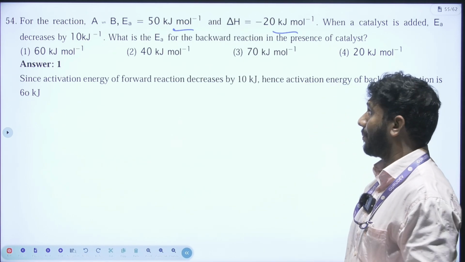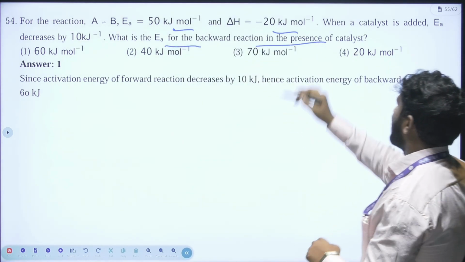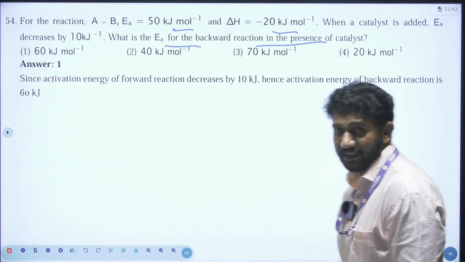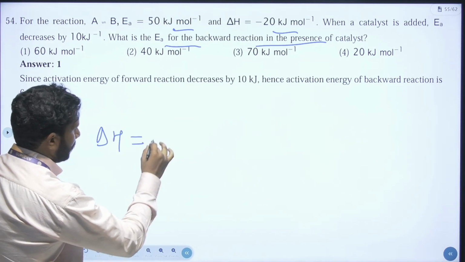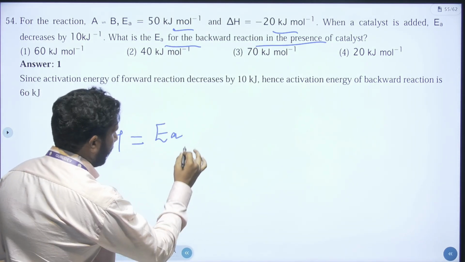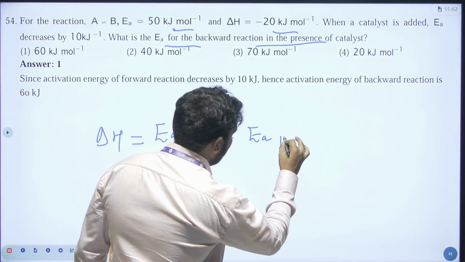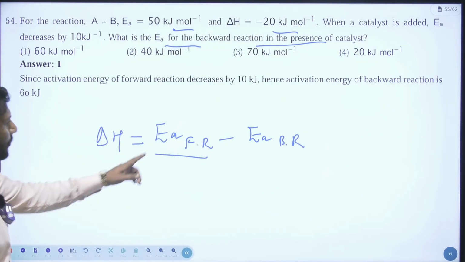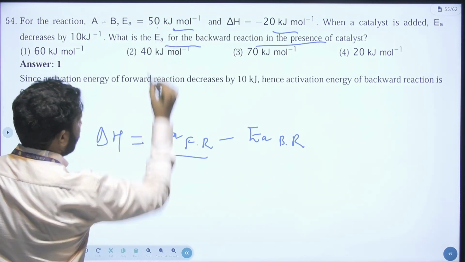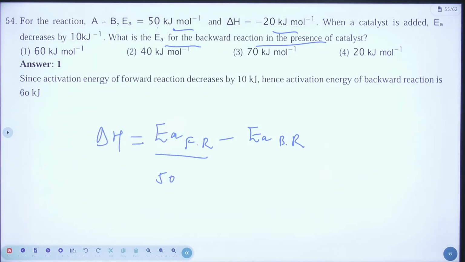The activation energy for the backward reaction in the presence of catalyst is, here we have the formula: the change in enthalpy is equal to activation energy for forward reaction minus activation energy for backward reaction. So here they have given the activation energy for forward reaction as 50 kilojoule per mole, and it is decreased when catalyst is added